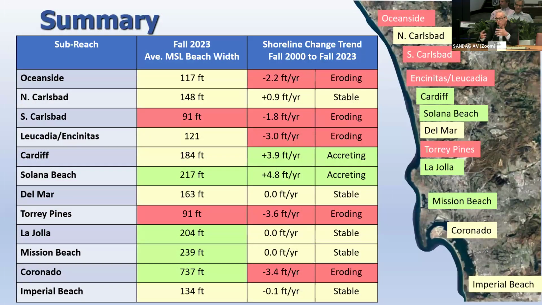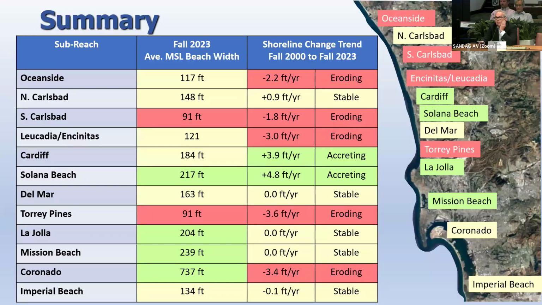So now I just pull all of this together in sort of a stoplight type fashion. I assigned green to the beaches in good condition, with beach widths wider than about 200 feet, narrower than 100 feet put in red, and then that neutral area between 100 and 200 feet in yellow. And then with the shoreline change trend, erosion or accretion rates greater than 2 feet per year I'm calling eroding, less than a foot a year one way or the other stable, and greater than 1 foot a year as accreting or green. And you can see how this comes out in a stoplight fashion.